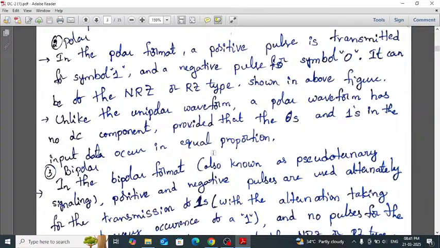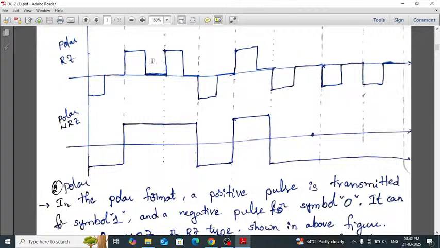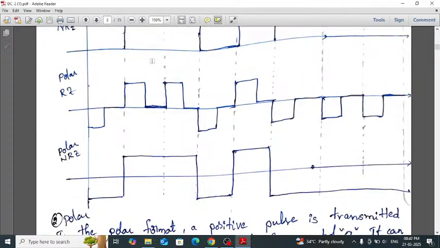So polar format, a positive pulse is transmitted for symbol 1 and negative pulse is transmitted for symbol 0. And it is also divided into two types, return to 0 and non-return to 0 type. So now we will go for the example of polar. This one is the example and the data is